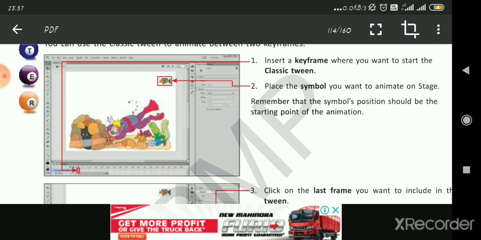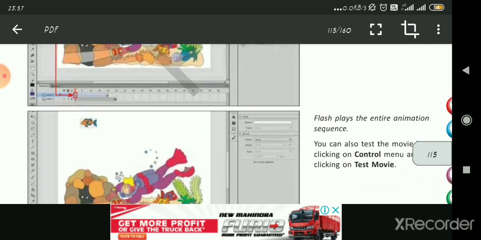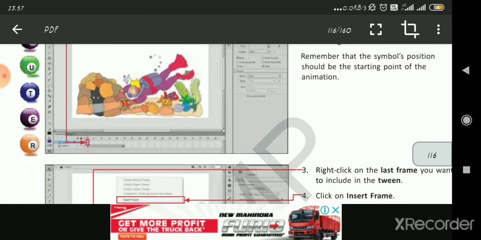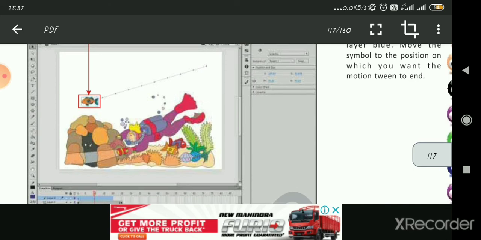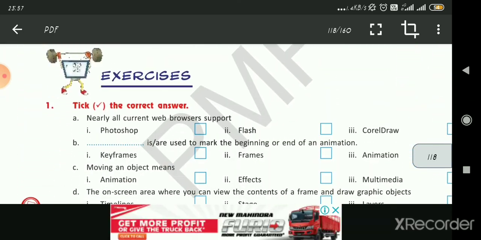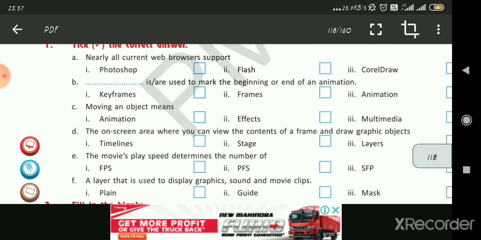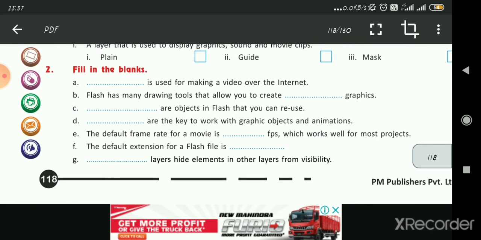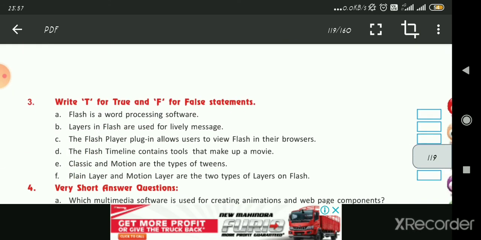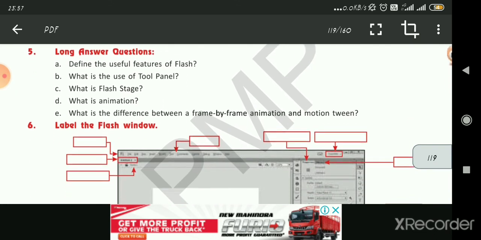So don't be hopeless, as we have completed the chapter, and I am thinking that I will give you the question answers of this and the exercise also. In the next video you will get it. Till then I hope that you will practice it. Practice it very well, find out the answers from the exercise on your own also, and then when we are discussing, you can check yourself whether you have found the correct one or the wrong one.